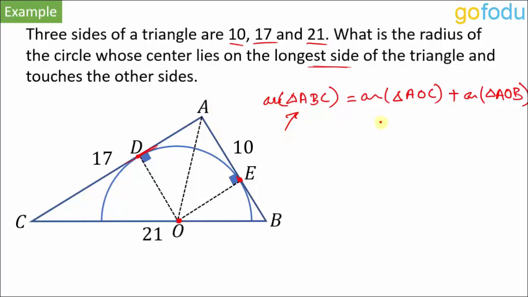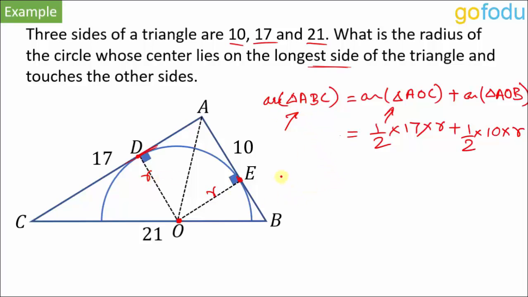Now this we can get by Heron's formula. We have all three sides. Area of triangle AOC is what? Half. Base is AC. If I take AC as base, height will be this radius OD. Height is radius plus half. In triangle AOB, base is this side 10 into height will again be radius. This OE is nothing but radius.